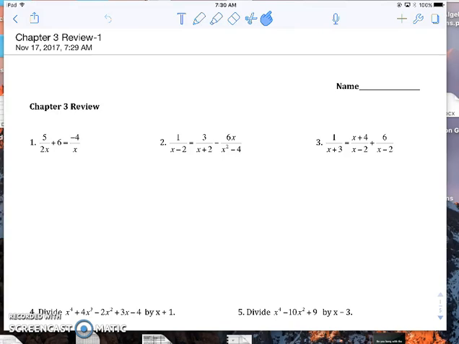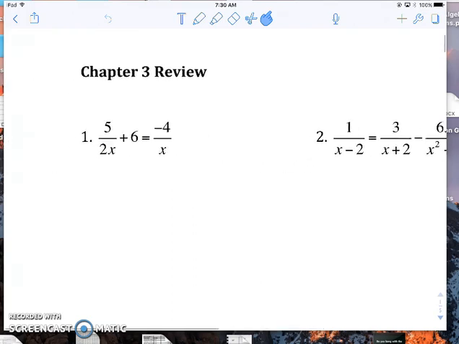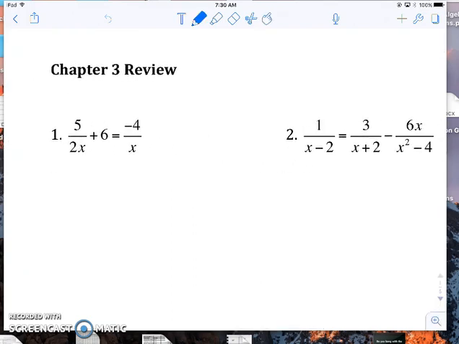So we're going to take a look at the Chapter 3 review. So these first couple, we need to clear the fraction first to solve this. So if we put parentheses around the entire thing, we have our denominator of 2x, and we already have an x, so we don't need to write that again. So when we multiply it in to the 5 here, we're left with 5 plus